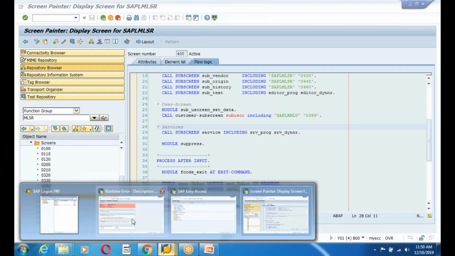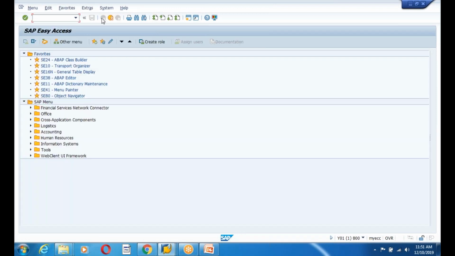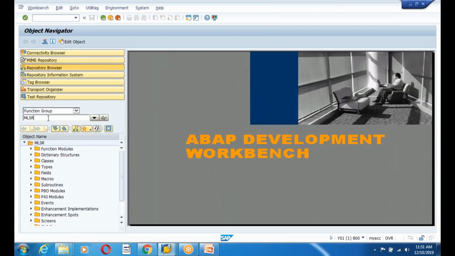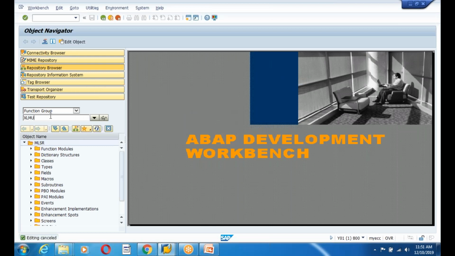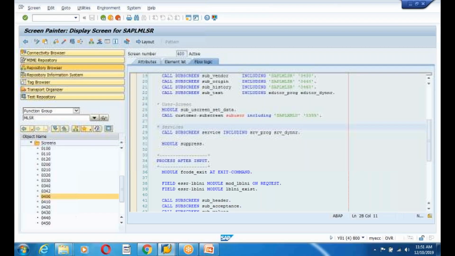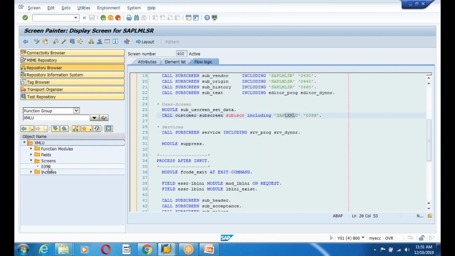We'll do one thing. I will create a dummy 299. See, totally it is going for the dump. Okay, XLMU. What is that? LXMU. XMLU. XML. See, these are concepts, guys. Function group name. So maybe create the